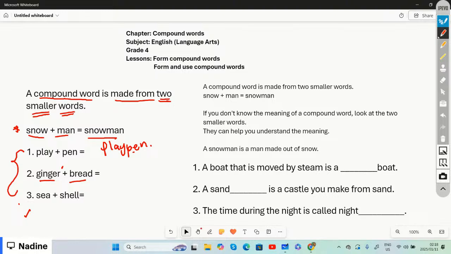All right. So now we're going on to the next one, which is where a compound word is made up